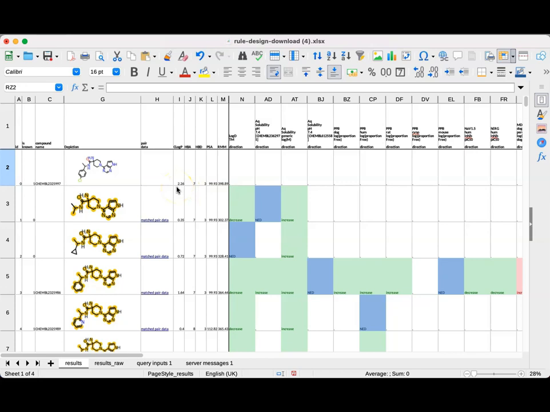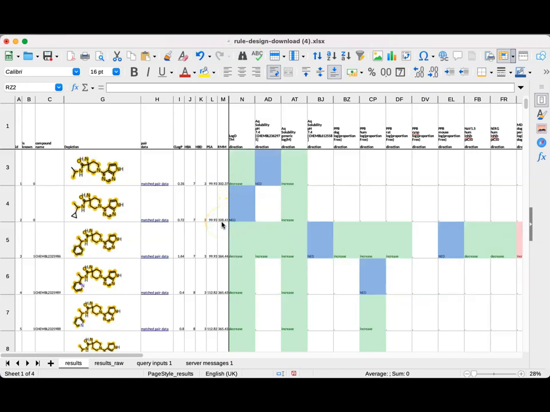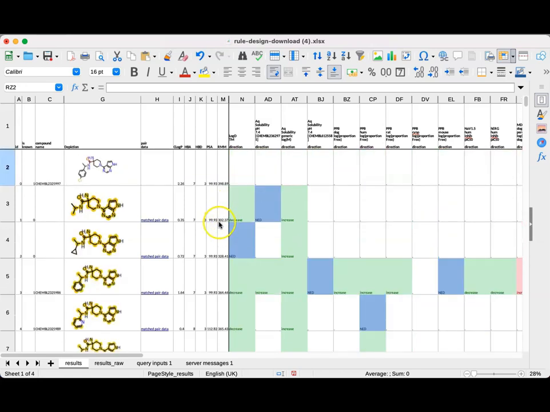After that, the compounds are sorted in increasing molecular weight. So we see the lowest molecular weight compound at the top here with 302 Daltons. The highlighting shows how much of the molecule overlaps with the input molecule, which is highlighted in yellow. So we are looking for the part where the chlorophenyl has changed, and in this instance, this is to a